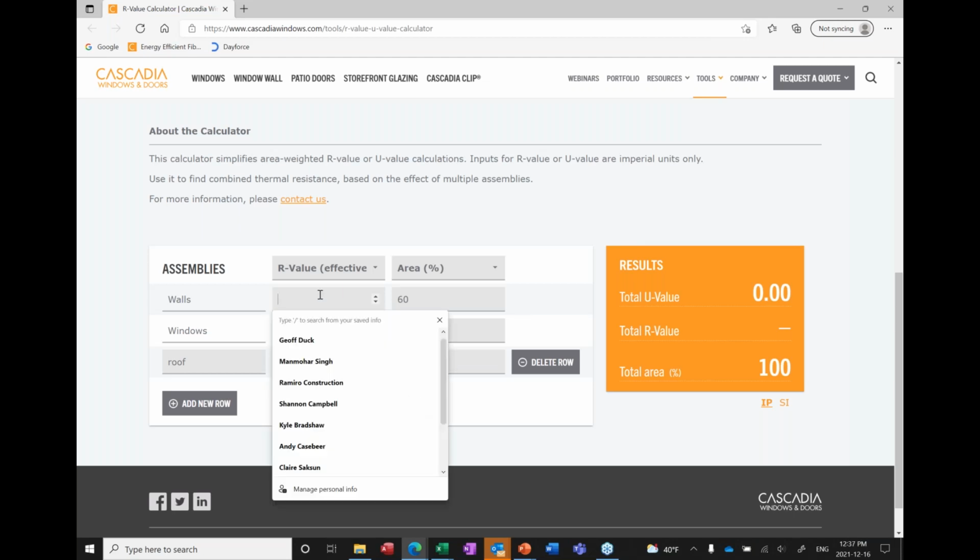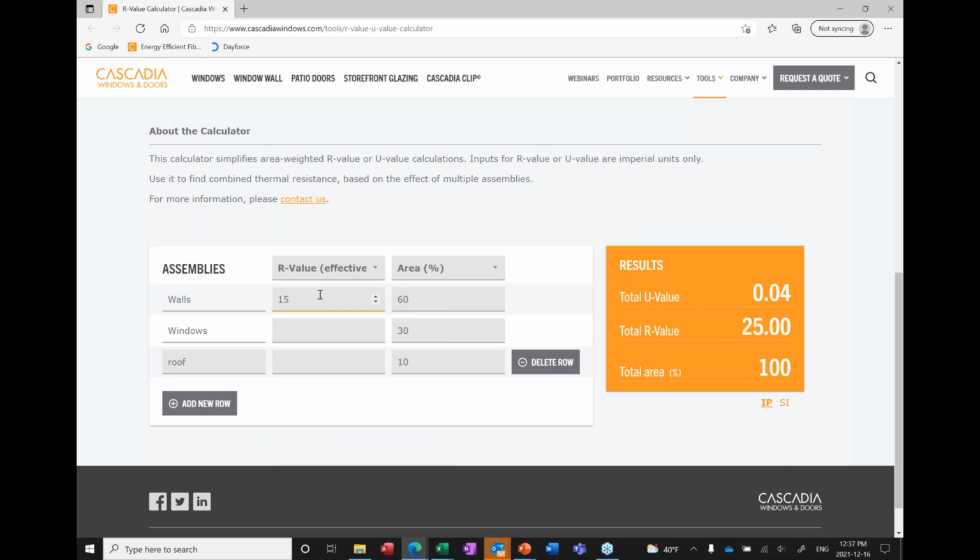So for example, if we take a 15.6 R value for the wall, as per previous ASHRAE codes, if we do an R25 for the roof, and if we do an R2 or 2.1 for the windows, which is what you can commonly expect from a thermally broken aluminum window type, you can see that the results are out on the right-hand side there, and that the total R value of the building is 5.4.